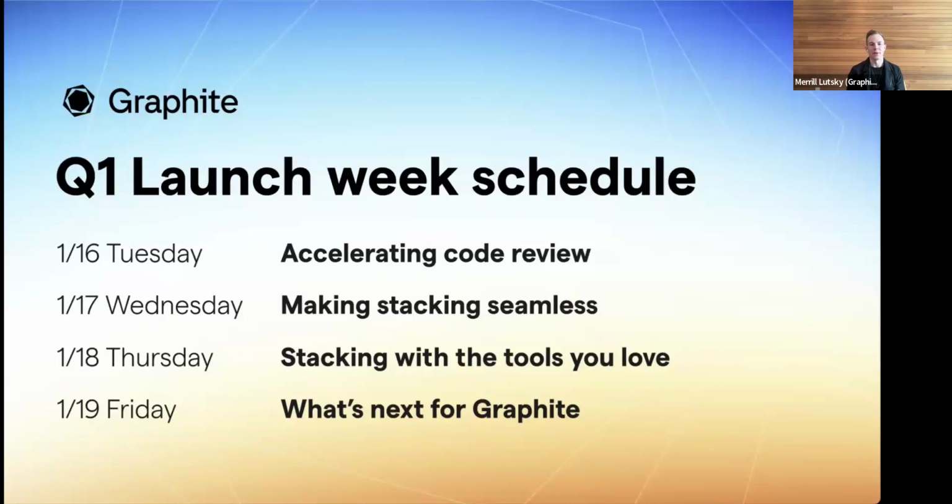With that, we'll speak a little bit about a quick recap of launch week. On Tuesday, we started off with our theme of accelerating code review. We talked about automations, helping you to automatically take actions like assigning reviewers, adding labels, commenting on PRs, notifying you of PRs that match certain configurations, and tools that really help you to work faster. We talked about our menu bar app. We talked about AI code suggestions as well, and some of the great tooling that we've built to make code